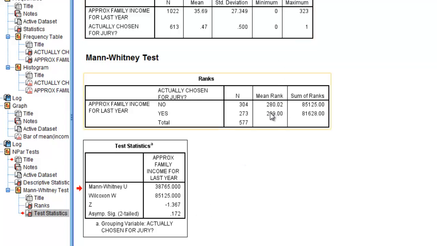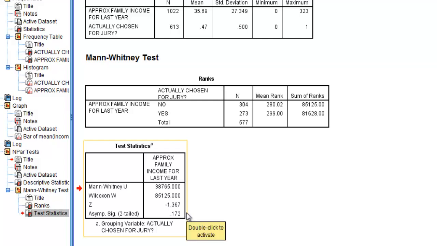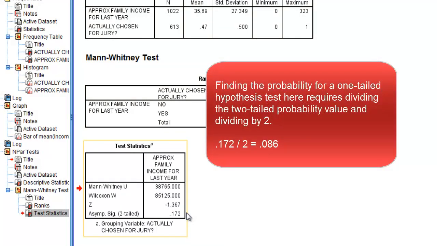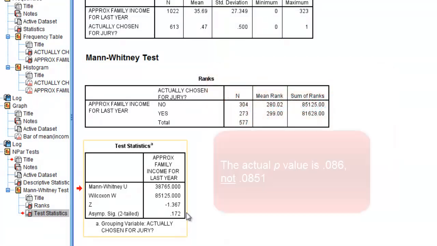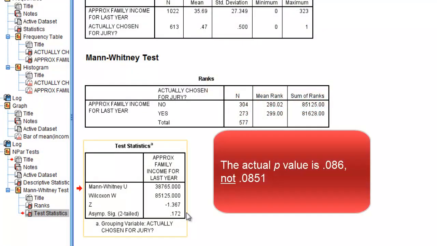The mean rank is higher for this group than it is for that group, and so descriptively it's there, but is it as a matter of inferential probability test? And the answer is no. So to answer that question, we need to take that 0.172 and divide it by 2, and when we do that, we get a one-tailed probability value, and that one-tailed probability value is going to be 0.0851. So 0.172 divided by 2 should give you 0.0851, and so that value is actually higher than our